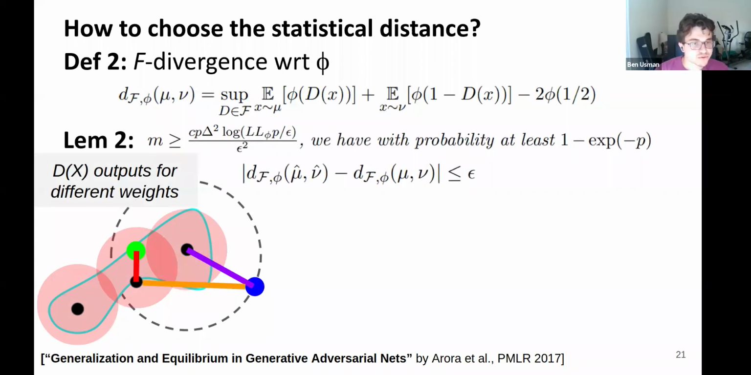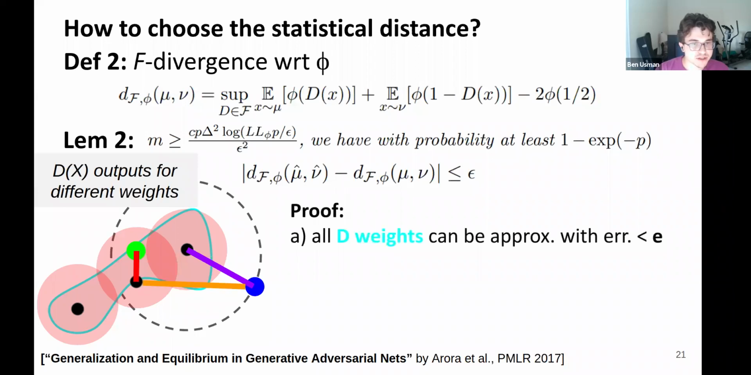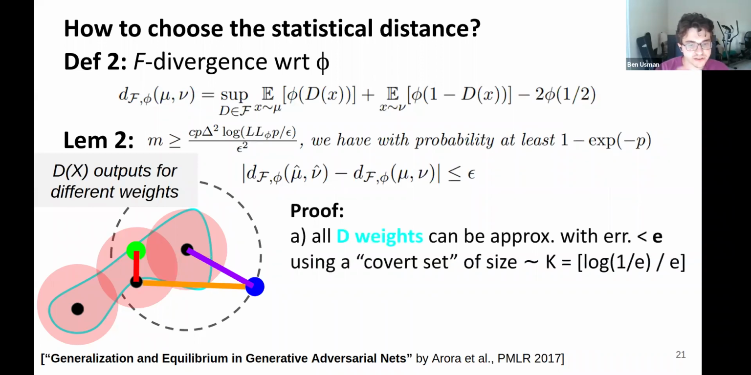The idea of this proof relies on the fact that we can approximate all possible discriminators, cyan in this picture, using a relatively small cover set of weights, red circles, because the discriminators are assumed to be Lipschitz with respect to their weights, so approximating their weights means also approximating their outputs up to a multiplicative factor L here. And for each of those discriminators,